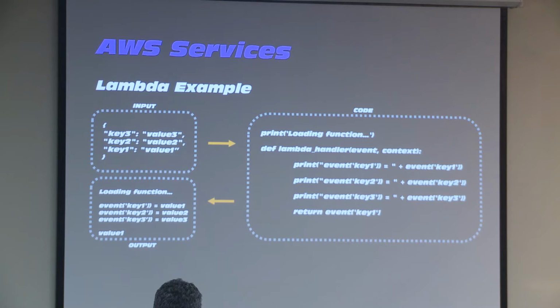So here's an example, kind of a hello world. We're receiving input in a JSON format. So we've got key 3, value 3, key 2, value 2, key 1, value 1. It's invoked into the Lambda function. You can parse those values out, do whatever you'd like with them. But for purposes of illustration, I'm just printing out the key. And then what you would see over on the left is what's actually outputted. So again, we receive input, we write to an S3 bucket, we invoke another Lambda function. There's endless possibilities of what you can do with Lambda.